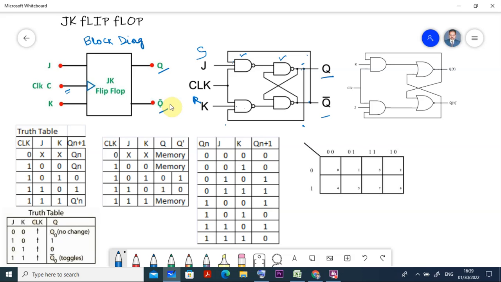Here I am using all NAND gates, but if you want to use NOR gates also, this is NOR gate number 1 and this is NOR gate number 2.